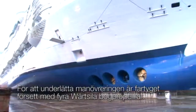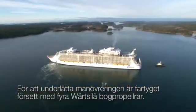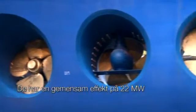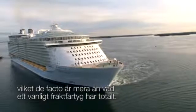The vessel is also equipped with 4 Wärtsilä bow thrusters, which make her easy to maneuver. The bow thrusters are among the largest in the world. They have a combined power output of 22 megawatts, which, in fact, is more power than on board an ordinary